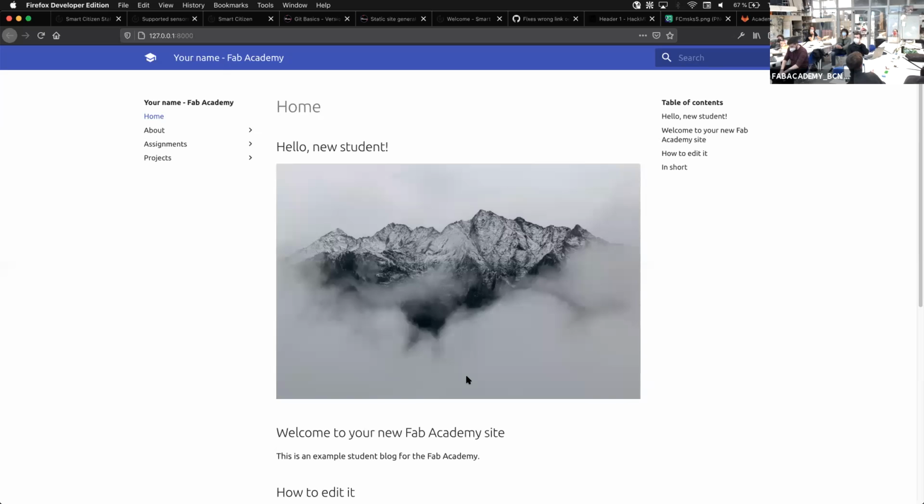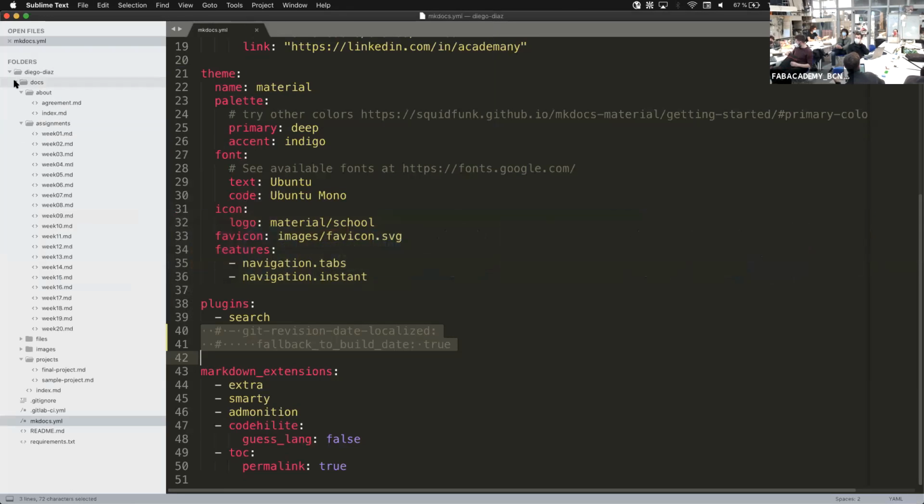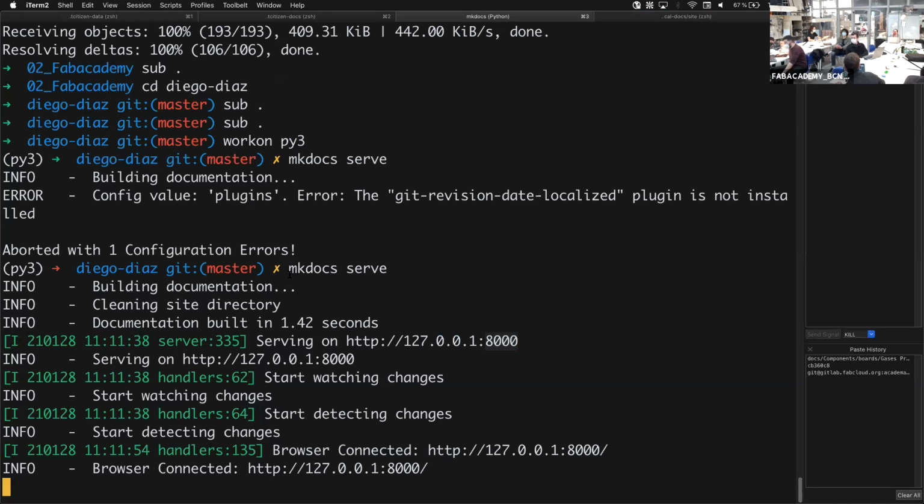I see it. And I didn't have to do anything else than write some Markdown here. You already have this template actually ready, so you could clone it and start working on this one if you like it. And just do mkdocs serve. Of course, this means that I already have mkdocs installed and everything, so I will explain that in a second. What I want you to see is that this started this server,